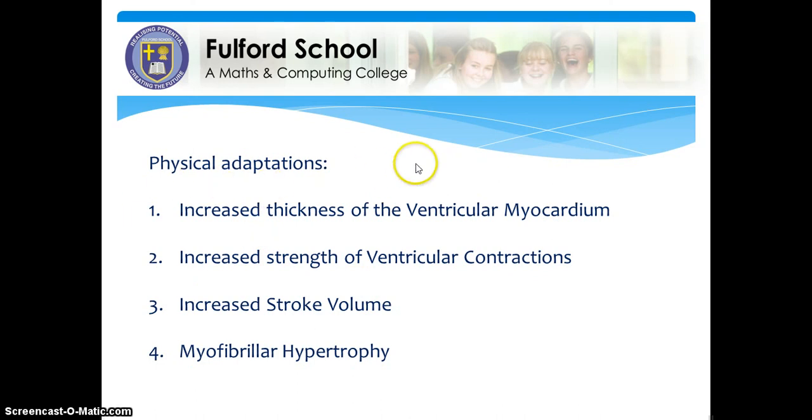Other physical adaptations, and these are terms that you will need to be aware of. We're aware of increased stroke volume, you know that one. Ventricular myocardium. Now, the myocardium, the muscle tissues within the heart, and so therefore the ventricular one, are the cells that influence the contraction. If you remember, we talked about the ventricles last week, and I'm going to show you a little bit more about that in this lesson as well. So we get an increased thickness of the fibres, the tissues that control the ventricles, and the ventricles are what control the contractions. Therefore, as it says below, we get an increased strength in those ventricular contractions, which we know increases stroke volume.